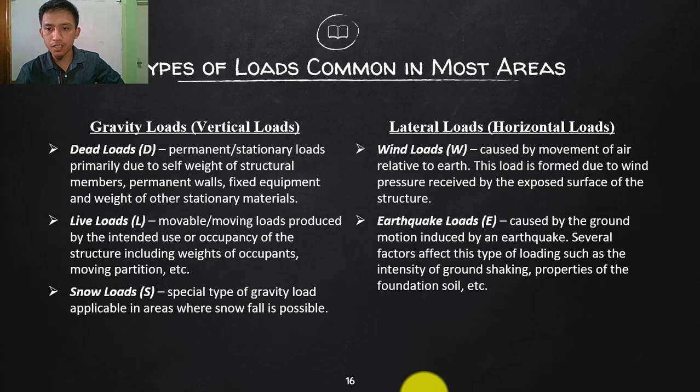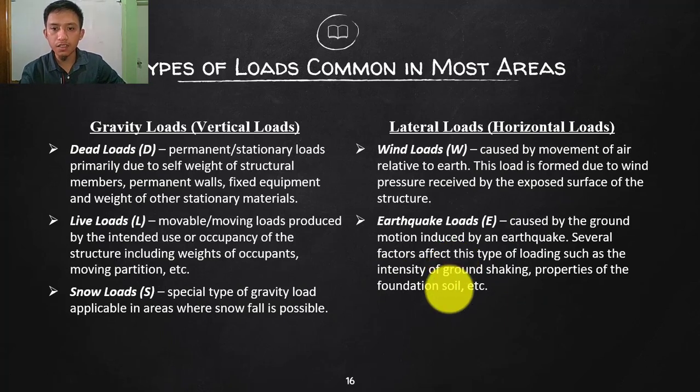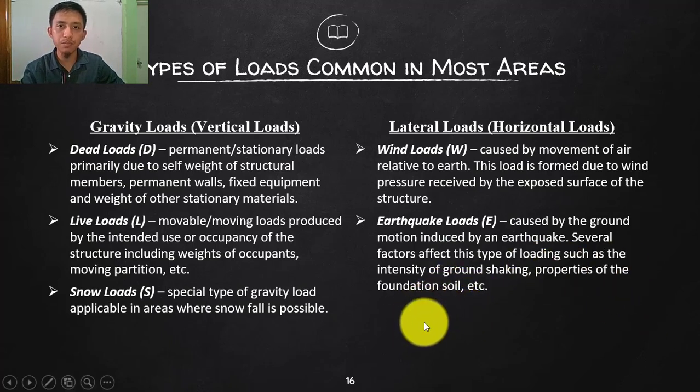For example, as stated here, is the intensity of ground shaking. Of course, that depends on how fast the ground is shaking and how big the shaking is. And then properties of foundation soil. For example, what type of soil is beneath that structure? Is that soft? Is that hard? Because that property of the soil affects the original acceleration at the source of the earthquake; the soil will affect that one before it reaches the structure